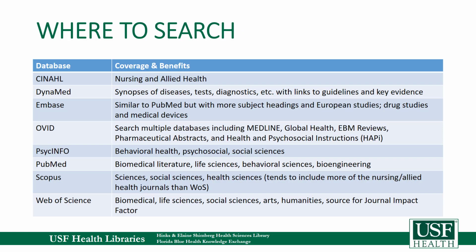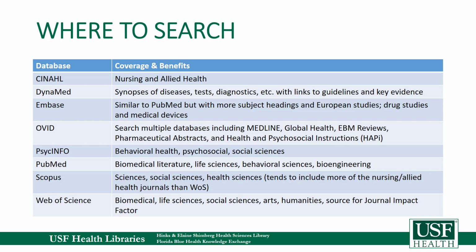The first point about databases I want to make is that you never want to use just one for your research. While there's often a fair amount of overlap in these databases, there are journals that may be in one database but not the other. A good rule of thumb is 3 databases to help make sure you don't miss a key journal. Unfortunately, this is not a guarantee, so if you know of a few major journals that you should be getting results on but you're not, please reach out to your librarian or watch our quick video on how to find